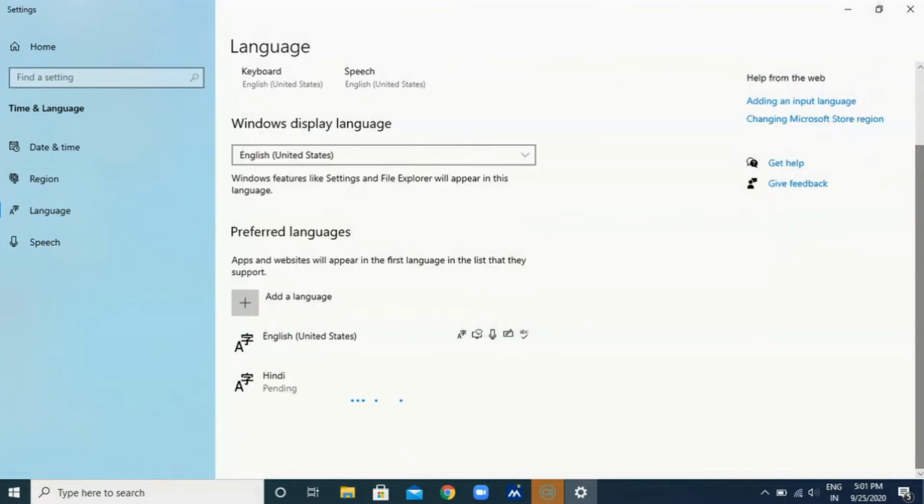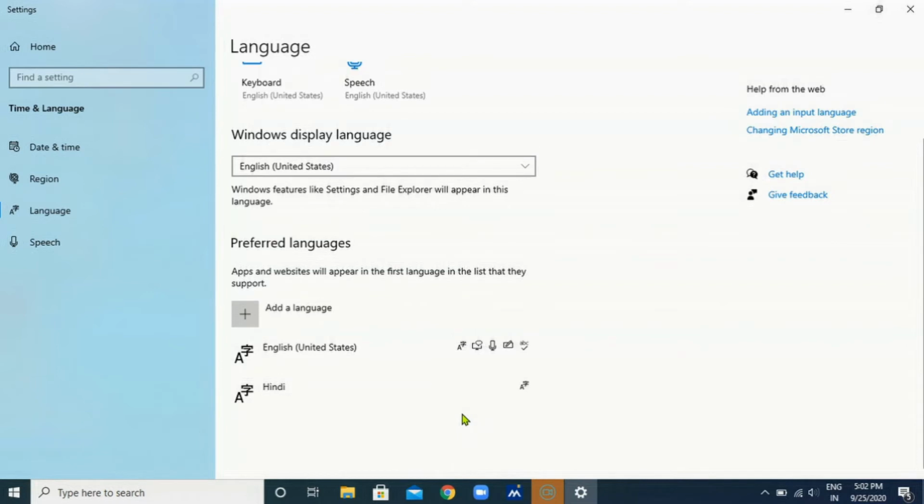So as you can see, the status of our Hindi language is pending. I will show you when it's complete. So it's downloading there, and it's installed. So now what we have to do is to click on this Hindi and we will get an option of options. We'll click on it,